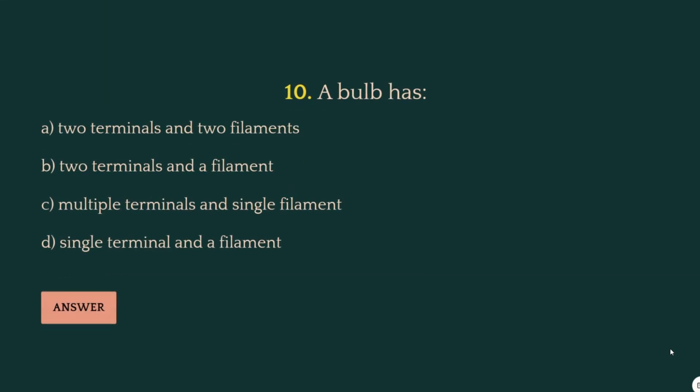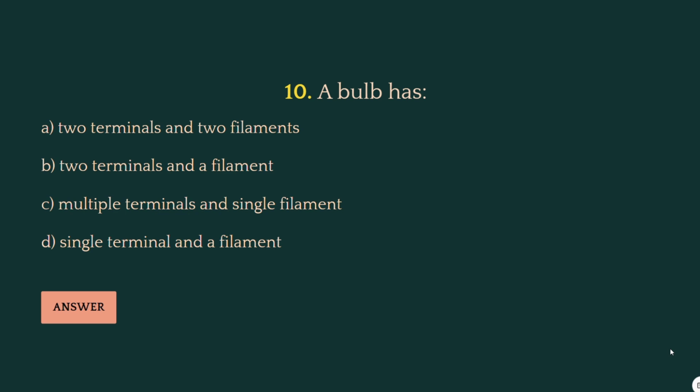And the last question of the day, a bulb has option A, 2 terminals and 2 filaments. Option B, 2 terminals and a filament. Option C, multiple terminals and single filament. And option D, single terminal and a filament.